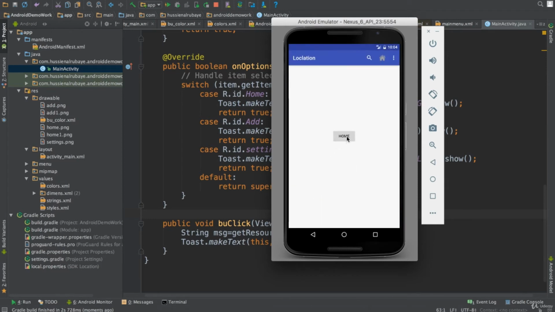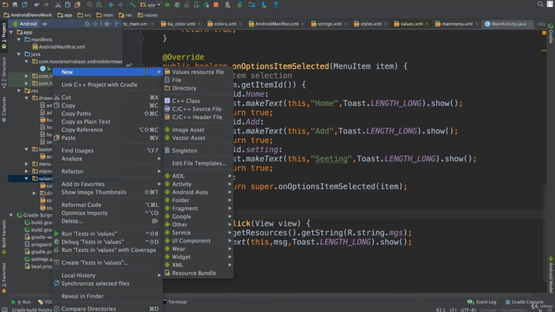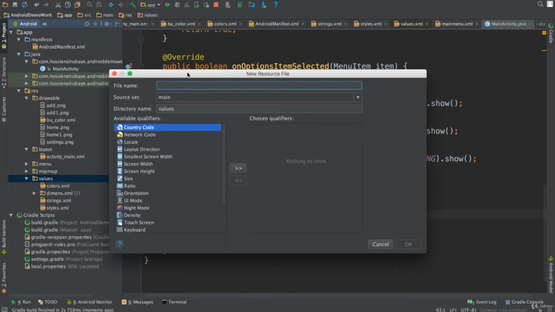See, now I have the home. When I click it, it says welcome. Now this application only supports English. I want this application to support French. It's really easy. Just go here, right-click, new, then add resource file, then name it the same name as this